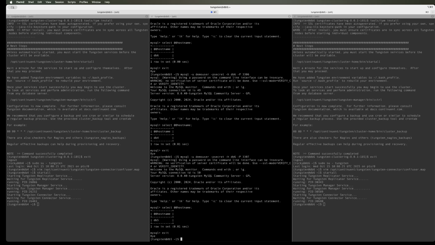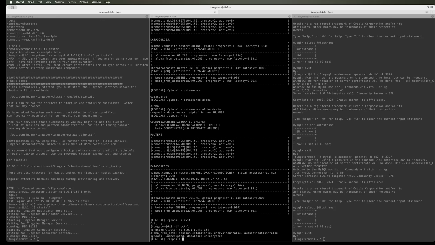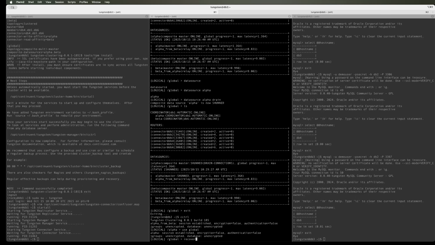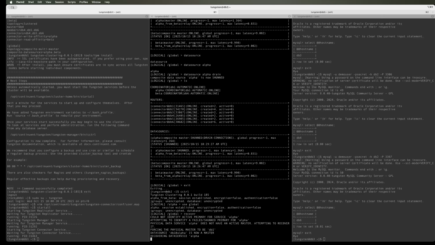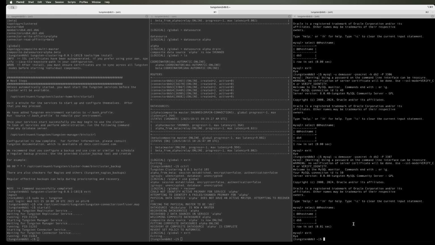So there we go. What happens now when we recover? Let's go back into cctrl. I've set the property to reset back when recovery to true. So in theory, if I use global and issue the recover command, this will bring that alpha cluster back into service. It will clear the shunned state, make sure replication is up to date, and make sure everything is running okay. It will re-broadcast all of that information via the managers to the other nodes and to the connectors, and because we have that reset-back affinity property set to true, our settings should revert to how they were